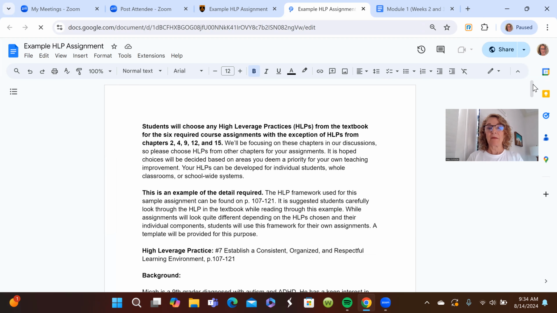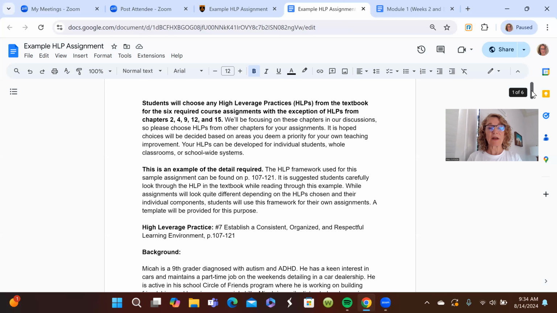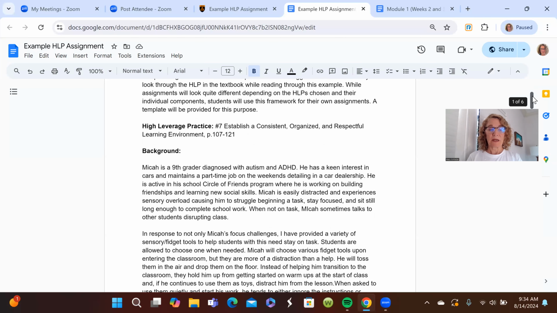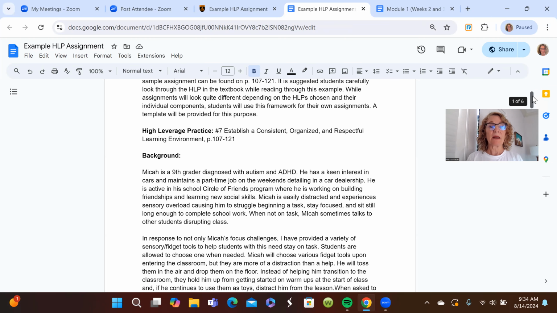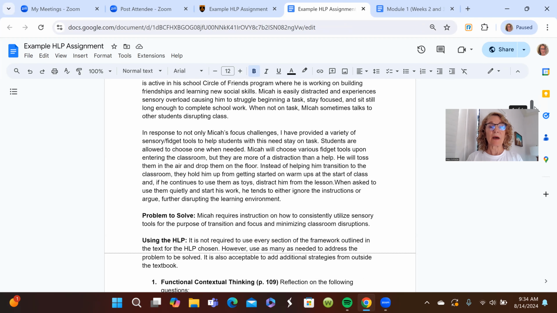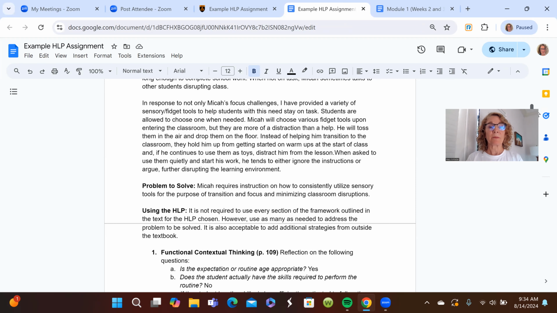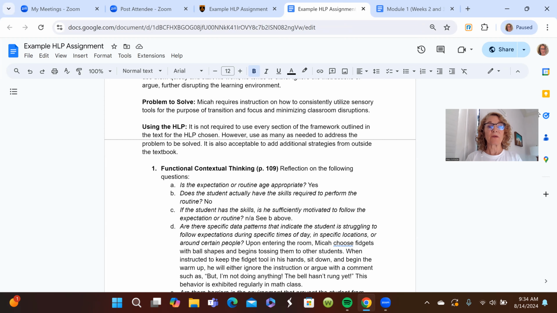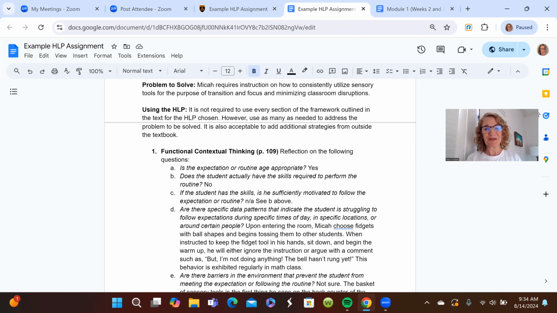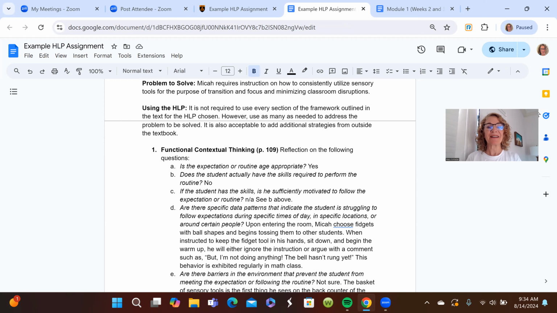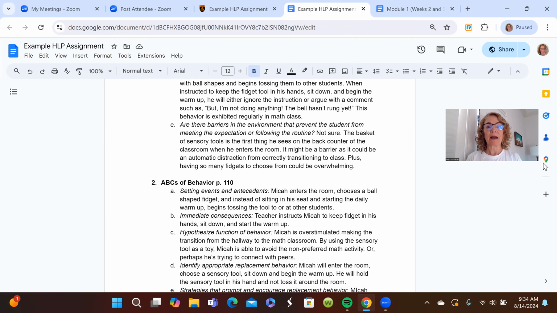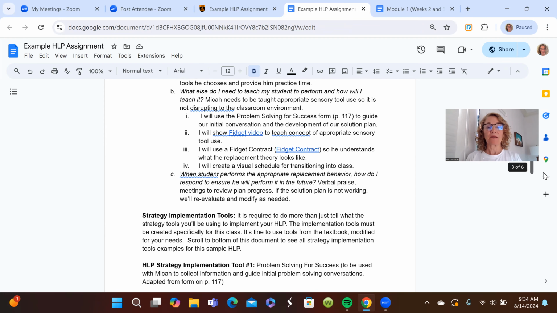and I provided background. You can read the instructions on your own. I'm not going to take time to do that now, but I want to let you know that this example is there so you know what I'm looking for, the level of detail that I'm looking for. There will be a template for you to use. I'll show you that in a minute, but you'll provide some background about your student and your situation, the problem you're trying to solve using the HLP. This makes no sense to you yet, but it will once you get into the book. And then you'll see my example. I want you to know that my example is here for you.